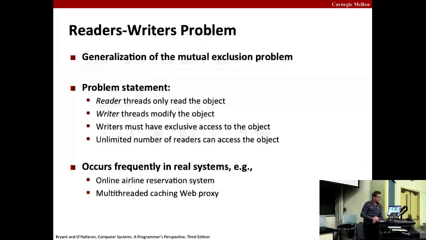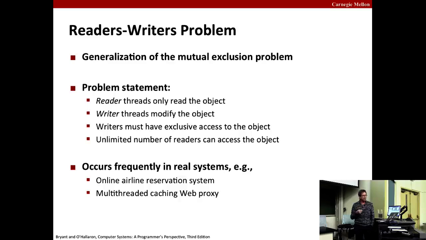Now there's a generalization of the mutual exclusion problem called the reader-writer problem. With the mutual exclusion problem, we were guaranteeing each thread mutually exclusive access to its critical section that's updating a particular resource or accessing a particular resource. And we did this the exact same way whether that access was a read or a write. But that's overly conservative in this case,